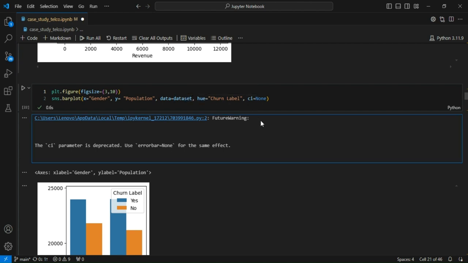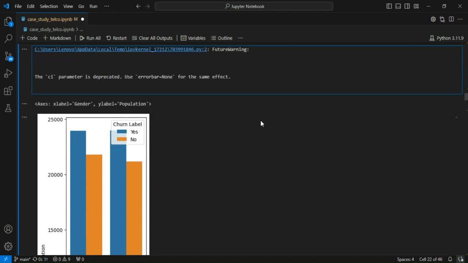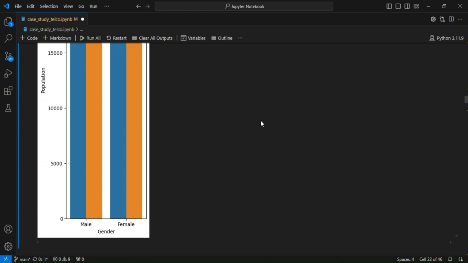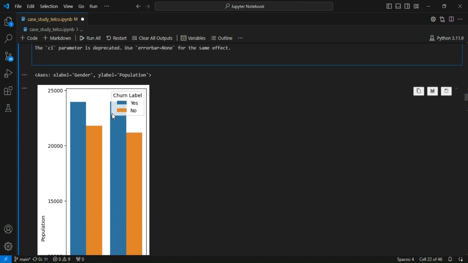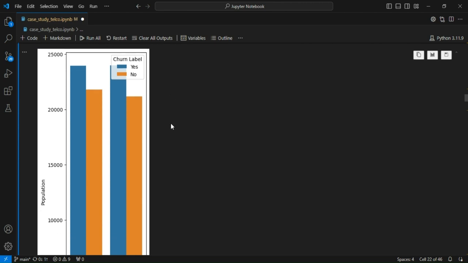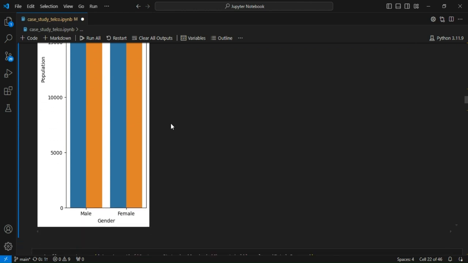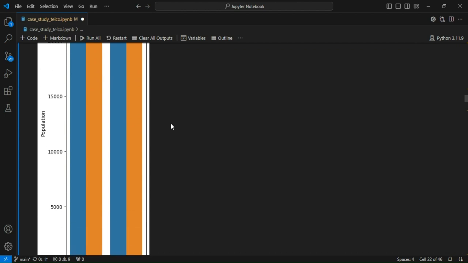Hue, churn label, because our main focus is on the churn, so that's why we would like to see what impacts are going on in the dataset. So this is for the male and this is for the female gender. Okay, so you can see yes is for the churn label, no is for not churn. So you can see the impact of the total population, and the decisions depend on the male and the female